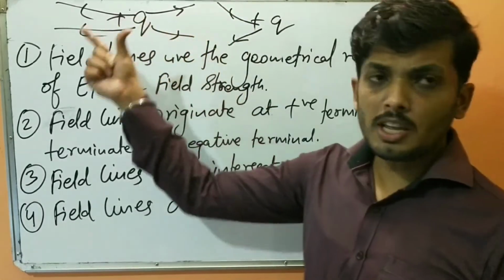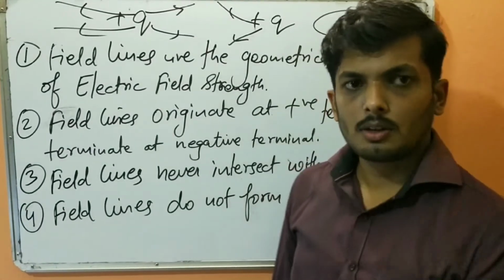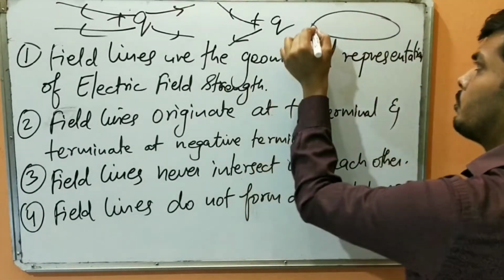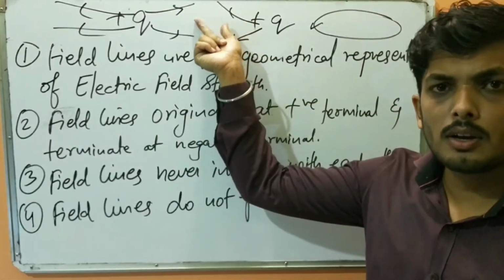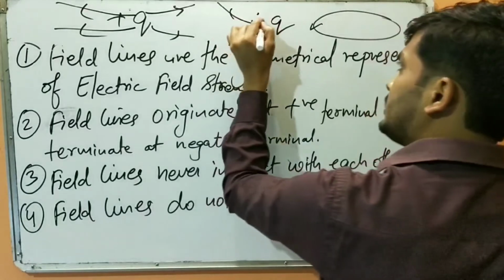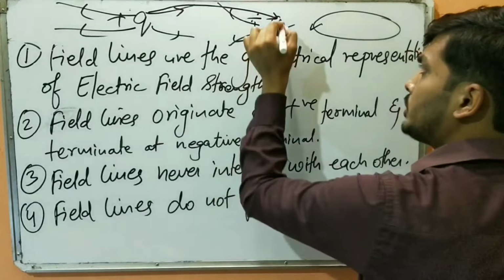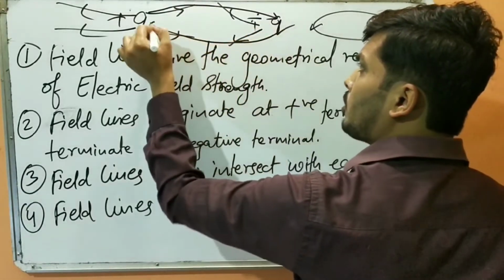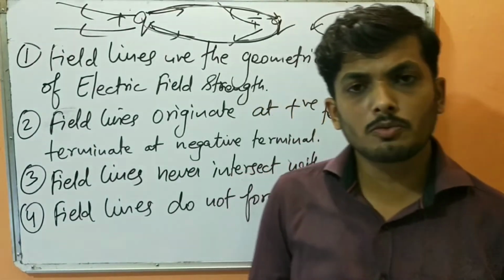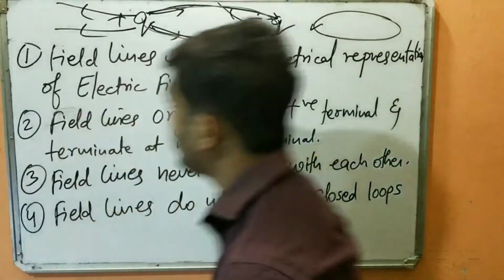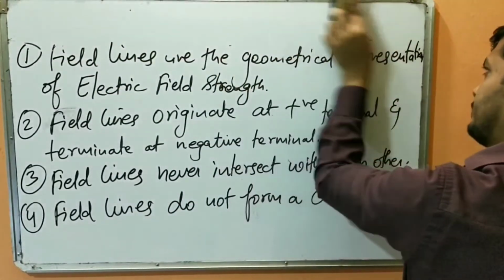So are they forming any closed loop? A loop is something like this, right? Any closed path traced by a body forms a loop, closed, that is called a loop. So can you see any closed path formed here? No. If I take even minus here, whatever line is coming from here will terminate here only. There is no chance of coming back from the negative and forming a kind of loop here. So always take care that electric field lines will never form a closed loop. Is that clear? Then what is the next property?